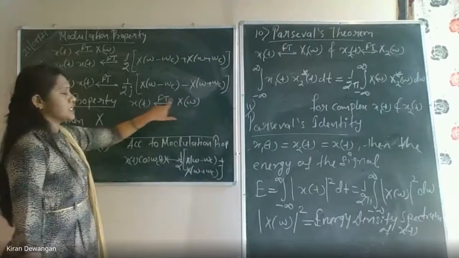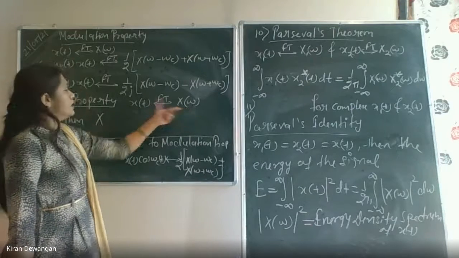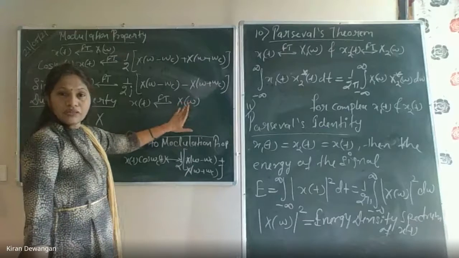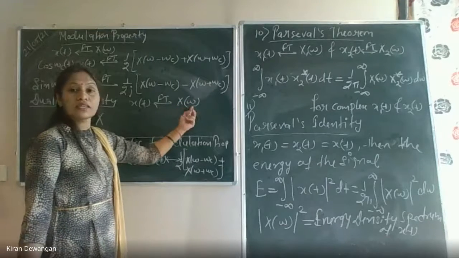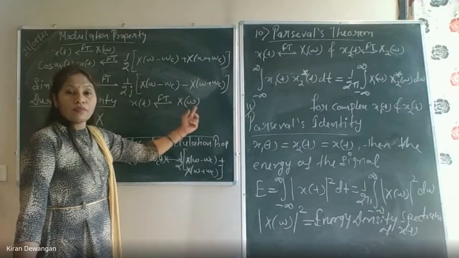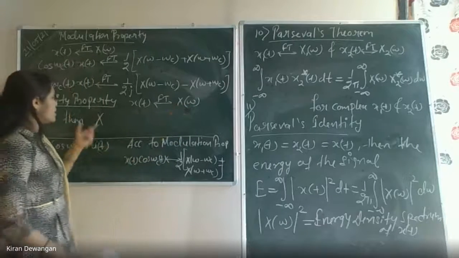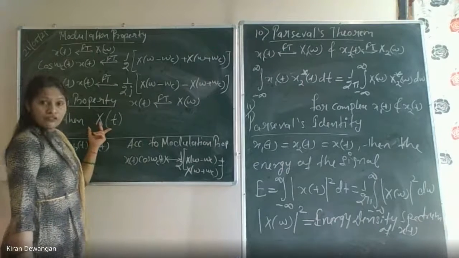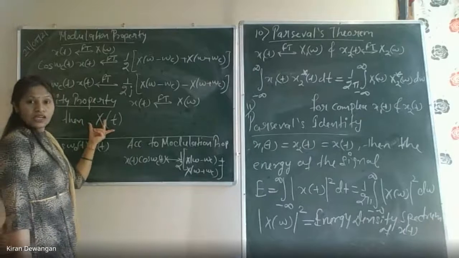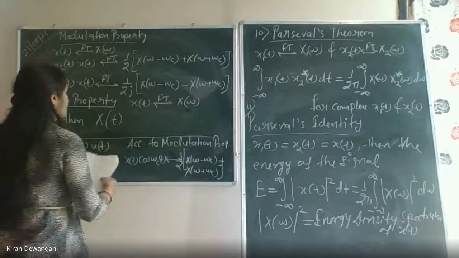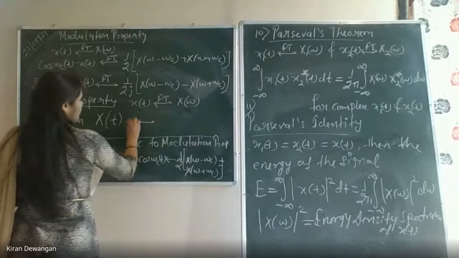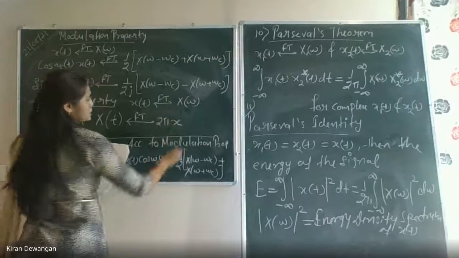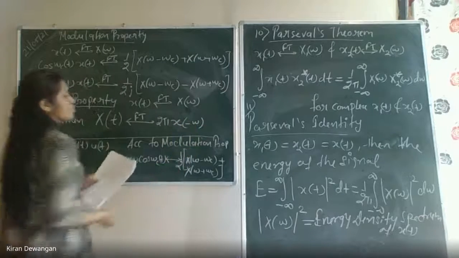If x(t) has Fourier transform X(omega), just listen very carefully students, if x(t) has Fourier transform X(omega), okay, the Fourier transform of x(t) is X(omega). Now if in this X(omega), I am replacing this omega by t, this becomes X(t). Now if this is my function, in that case the Fourier transform will be 2 pi small x of minus omega.